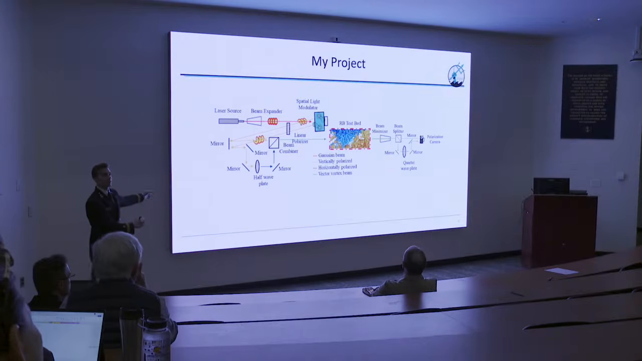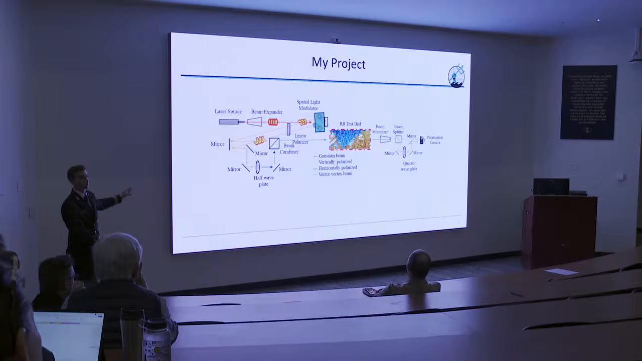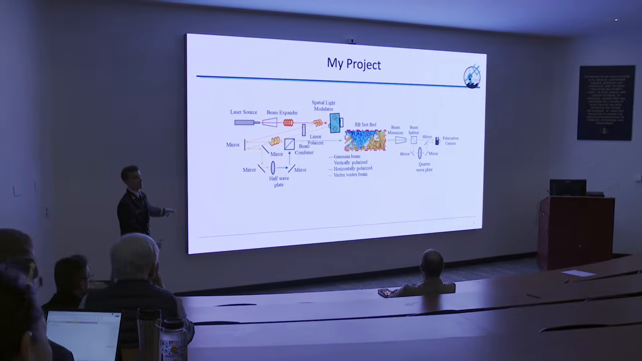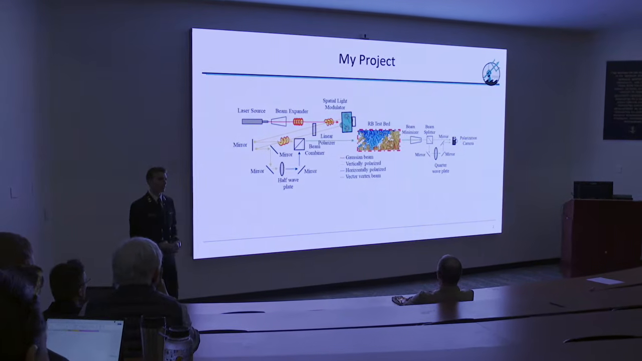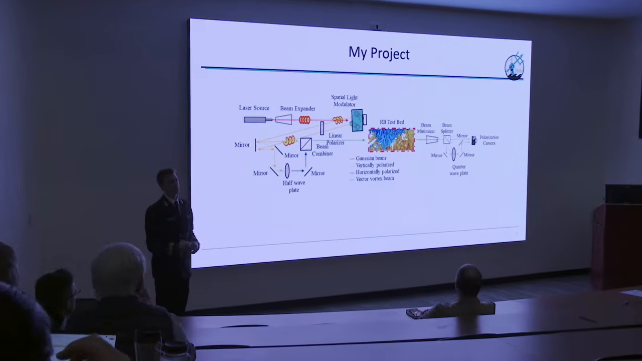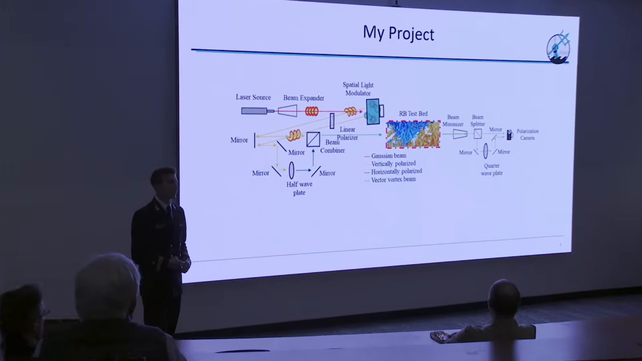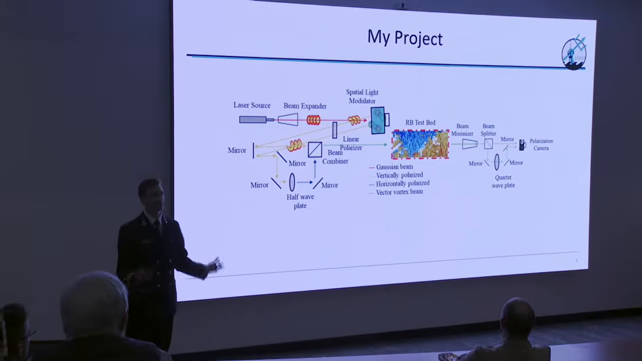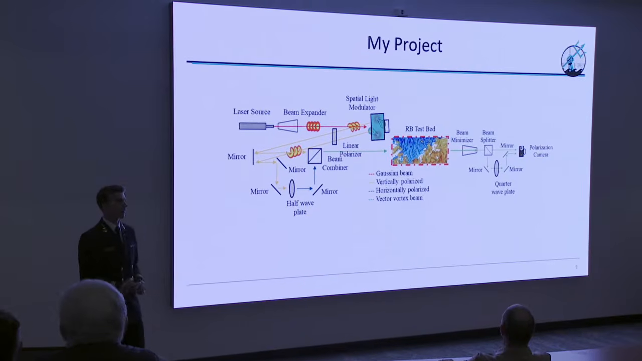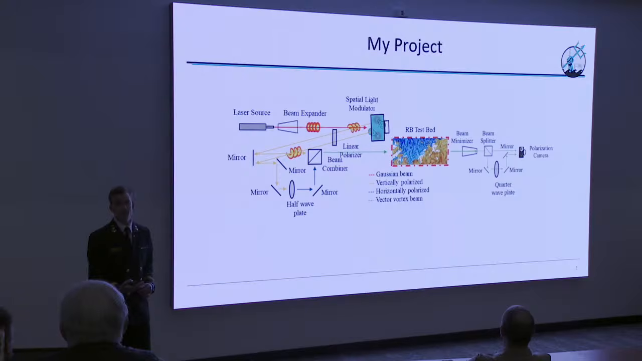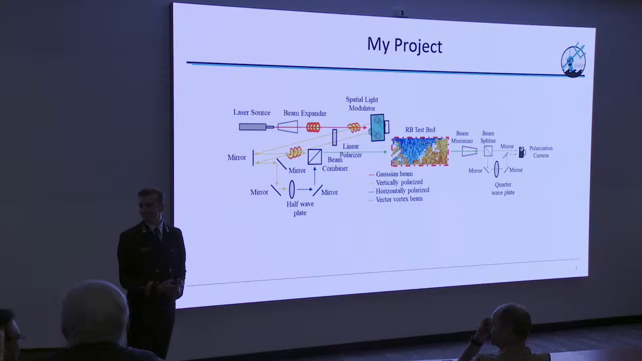So this is my project, and hopefully after these next 20 or so minutes, it'll make a little bit more sense. So I'm going to go into what is a vector vortex beam, what is the degree of polarization, why you should care about both of these things, how we make these beams, and how they can be used to communicate information, and whether or not